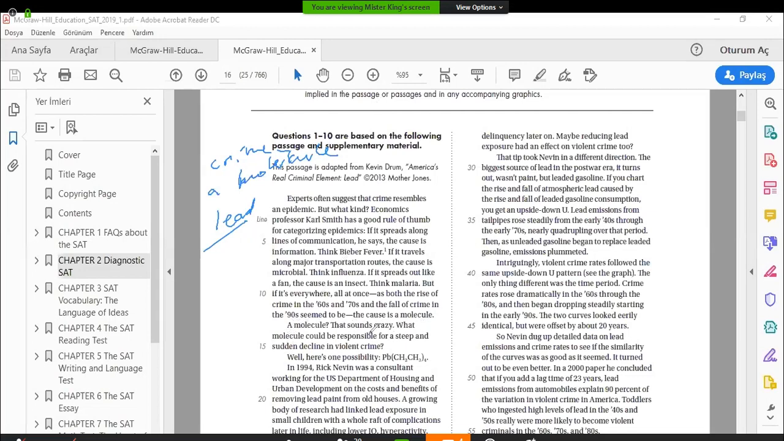Any questions so far? No. Okay. Second short paragraph, a molecule. That sounds crazy. What molecule could be responsible for a steep and sudden decline in violent crime? Okay. So let's continue with